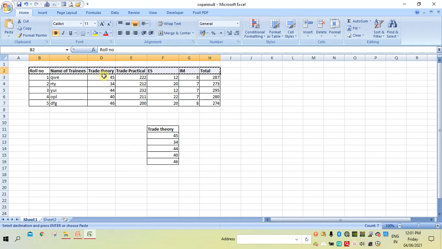So whenever you are going to make a cut or copy, you will get that part covered with the dancing line. Then take the cursor where you want to paste. So now I want to paste at this cell. Then press Ctrl V or press on this button.